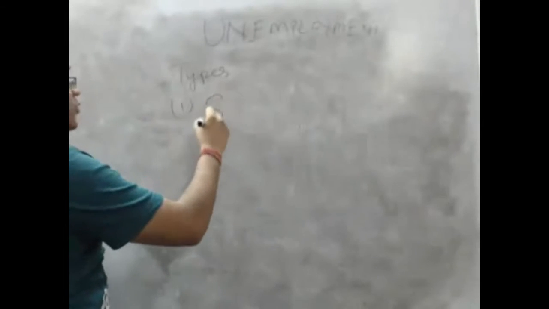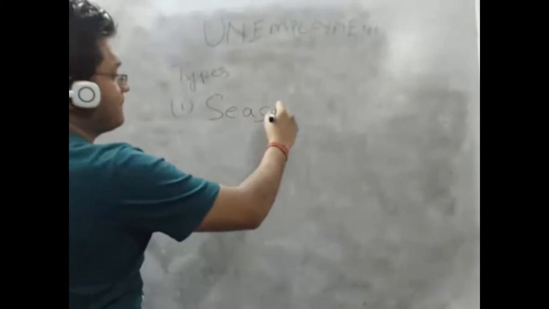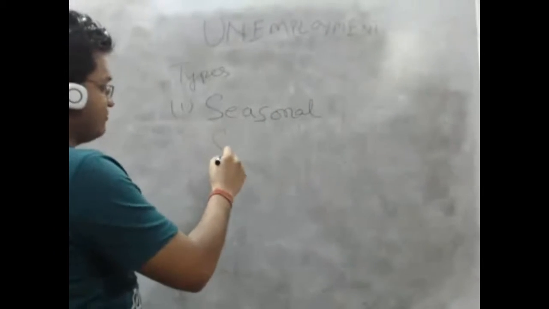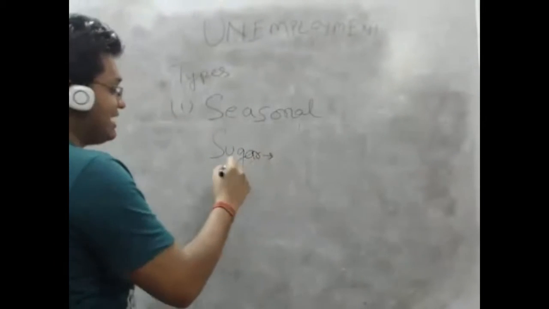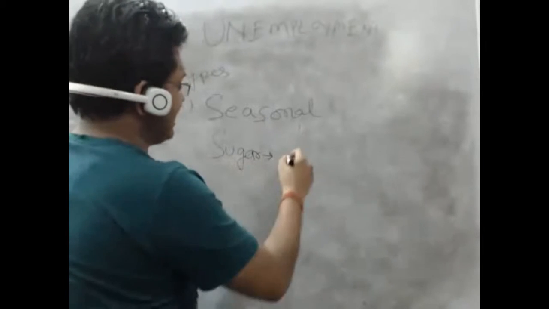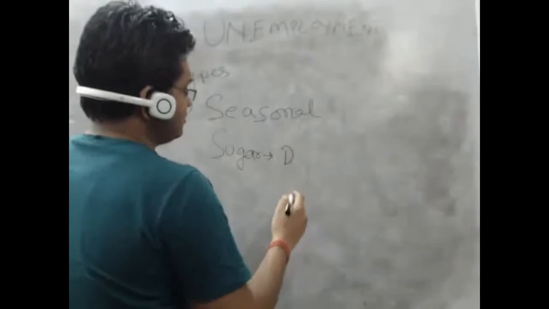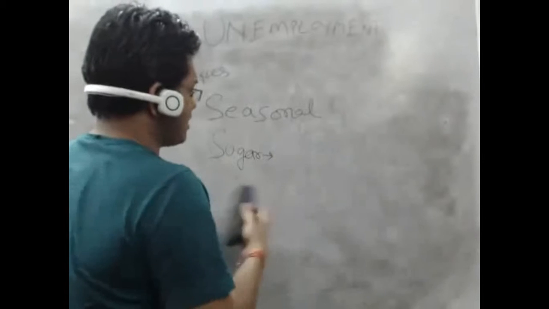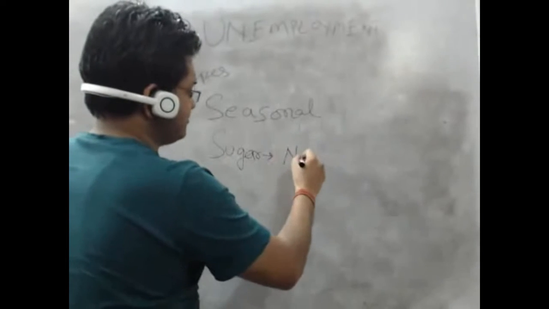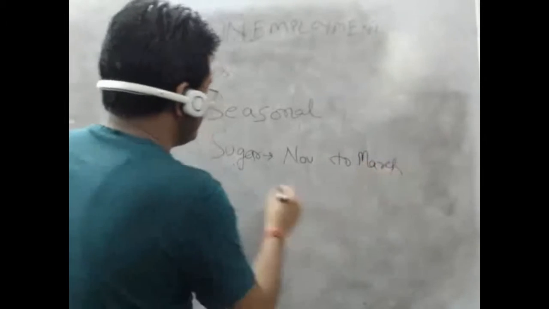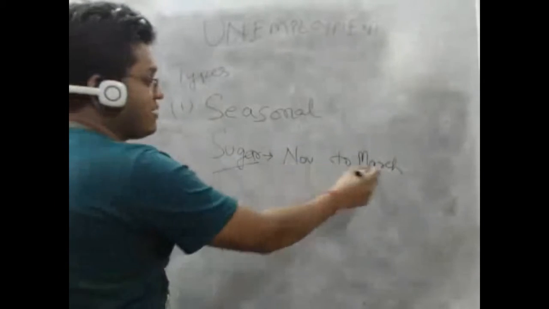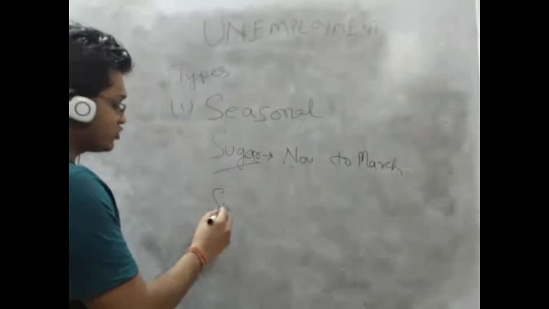Seasonal unemployment. Now if you take the example of the sugarcane industry or sugar factory, their crushing season starts from October to March, November to March basically. In case of sugar factory, crushing season starts from November to March, and in case of sugarcane,